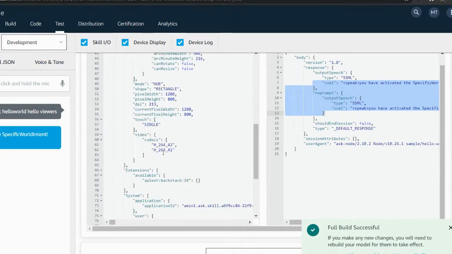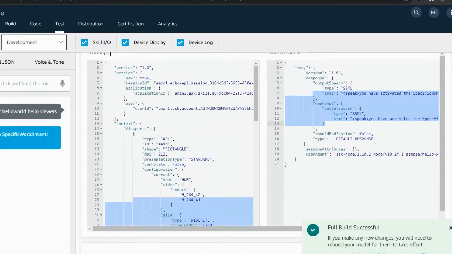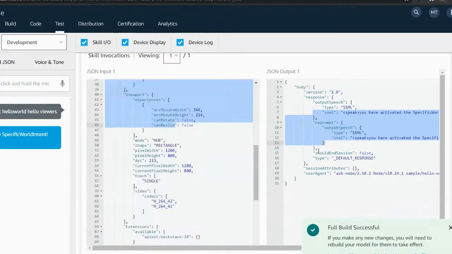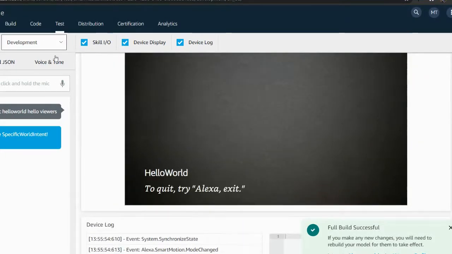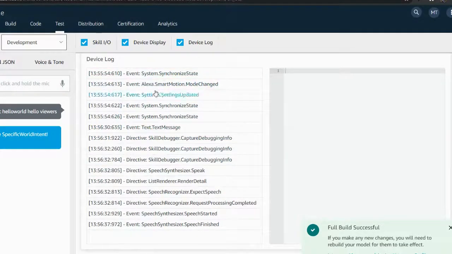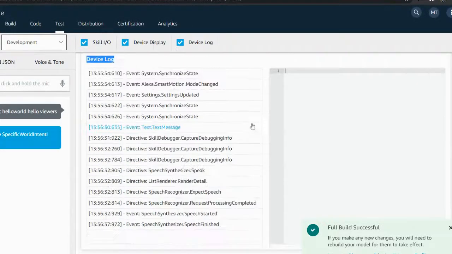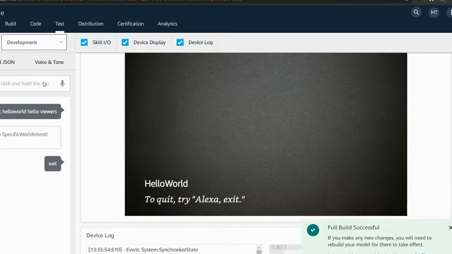Because we aren't making everything. There's stuff inside that we haven't made, and that's what the developer console is doing. So this is part of what the JSON for the developer console is doing. And we can go down here. This is hello world, our name. And you can just say quit, exit. And here are all our events and the skill debugger, and this is basically just the device log that's happening. And let's just say, quit the skill, exit, and